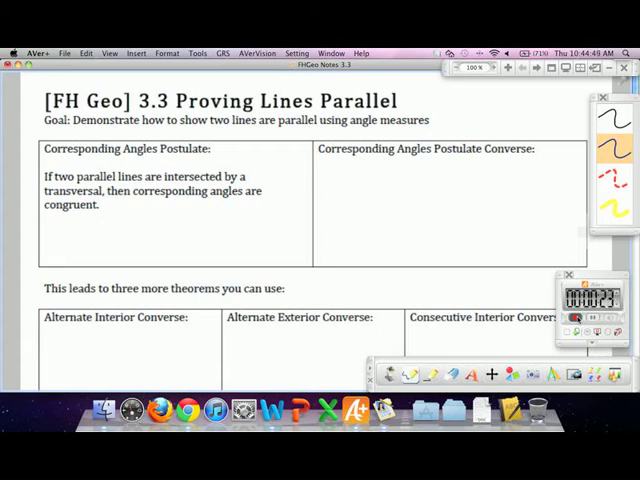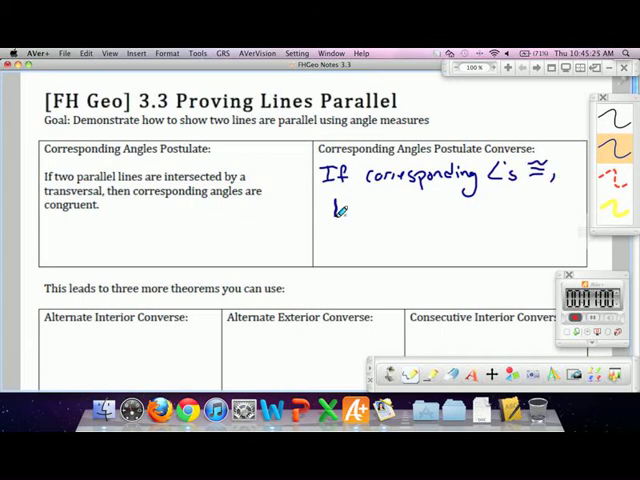Today we're actually going to show that the converse of this is also true, and it's also going to be a postulate we'll build off of. So what is the converse of this statement? Student: If corresponding angles are congruent, then two parallel lines are intersected by a transversal. Absolutely. If corresponding angles are congruent,